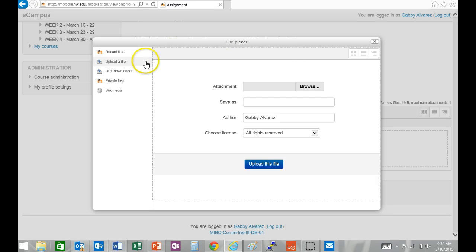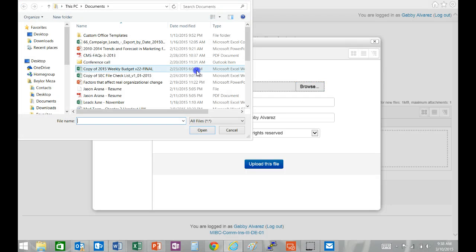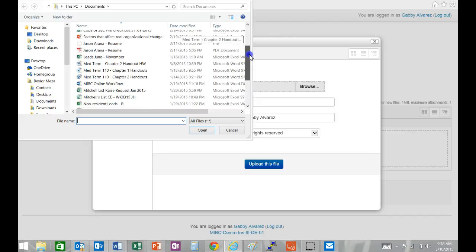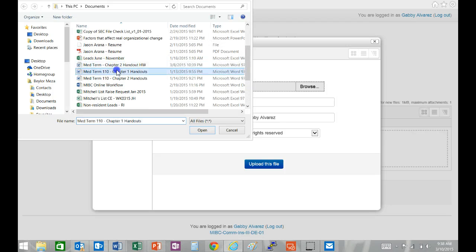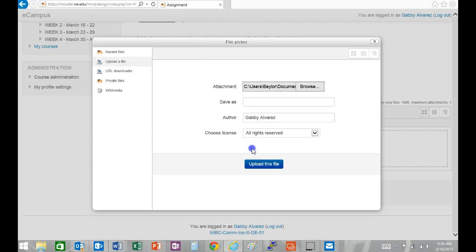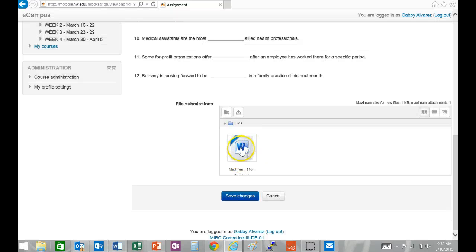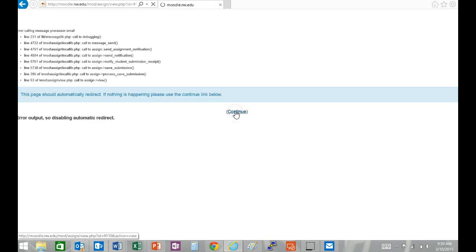After clicking on Upload a File, click on the Browse button, and that allows you to browse your computer and your documents for submission. What you can do is you select your document for submission, click on Open, and then click on Upload this file. That will upload the file to the File Submission window, and then you can click on Save Changes. Once you click on Save Changes, you can click on Continue,